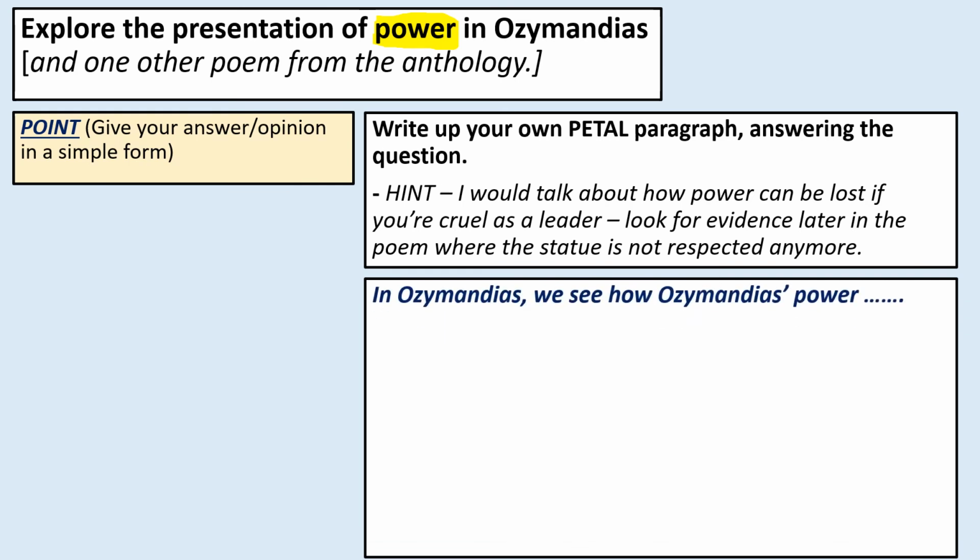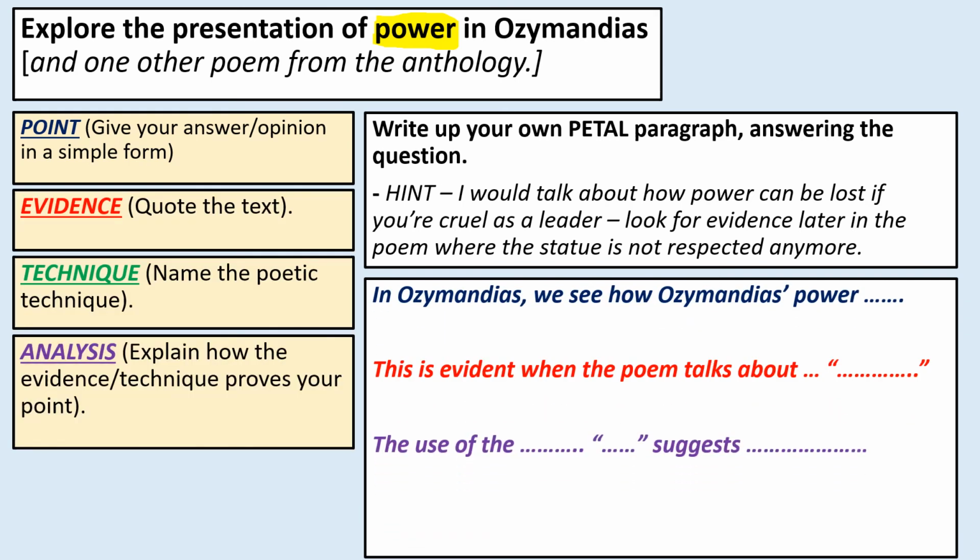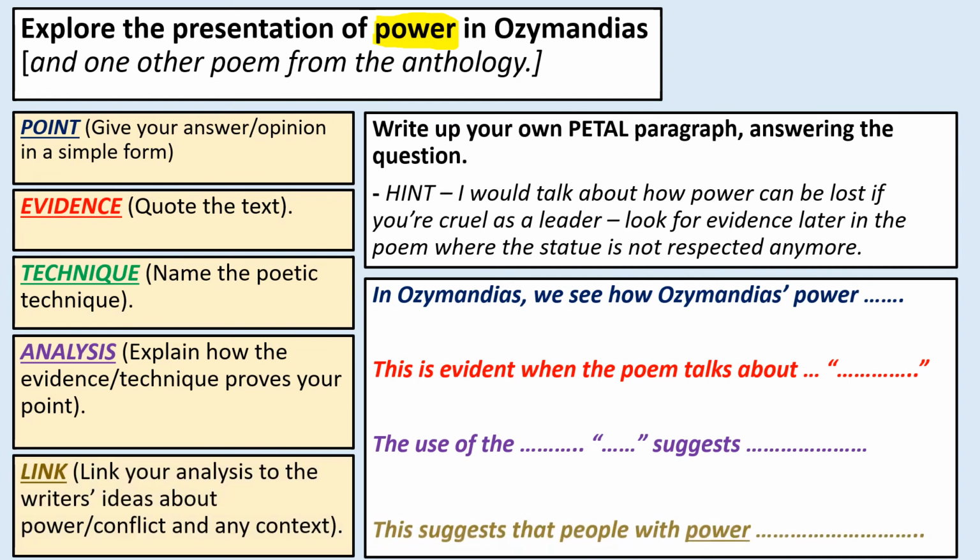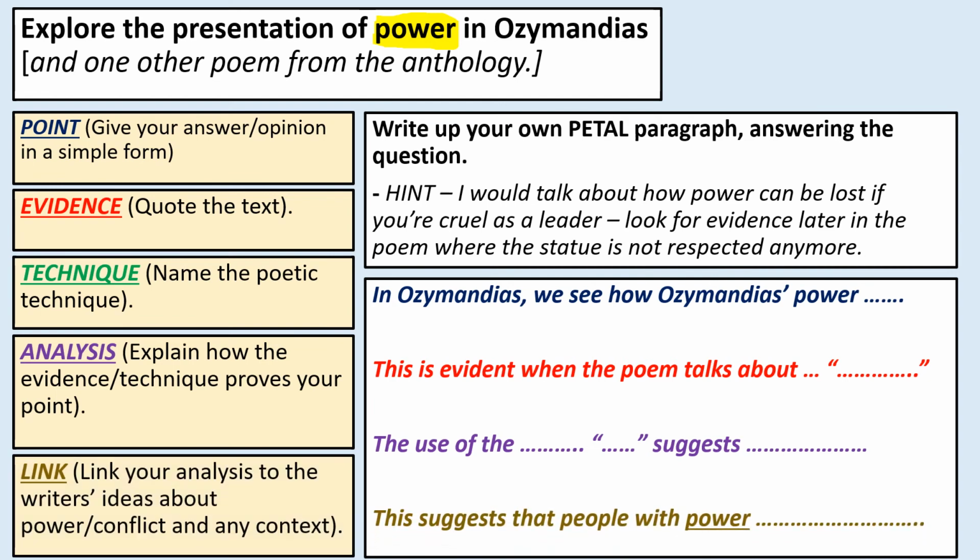So there's the petal structure, and there's a few sentence starters for you. If you want to refer to it, if you want to use them, you don't have to at all, but I might refer to in my point. We see how Ozymandias' power is lost after he's dead. We can talk about, again, with evidence, you might talk about boundless and bare, or nothing beside remains, that short sentence. Pick out a particular word and say how it shows that he's lost his power now, how that statue is a symbol for his power, and that if he was powerful, they'd look after his statue, but he's not, so just let it rot and decay, another good word in there.